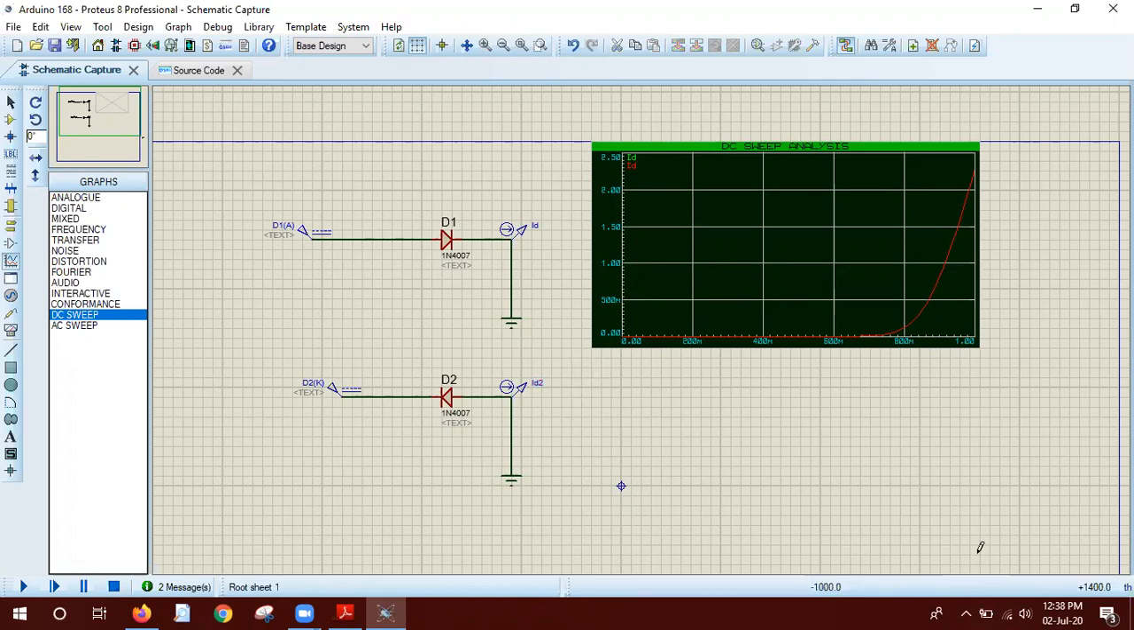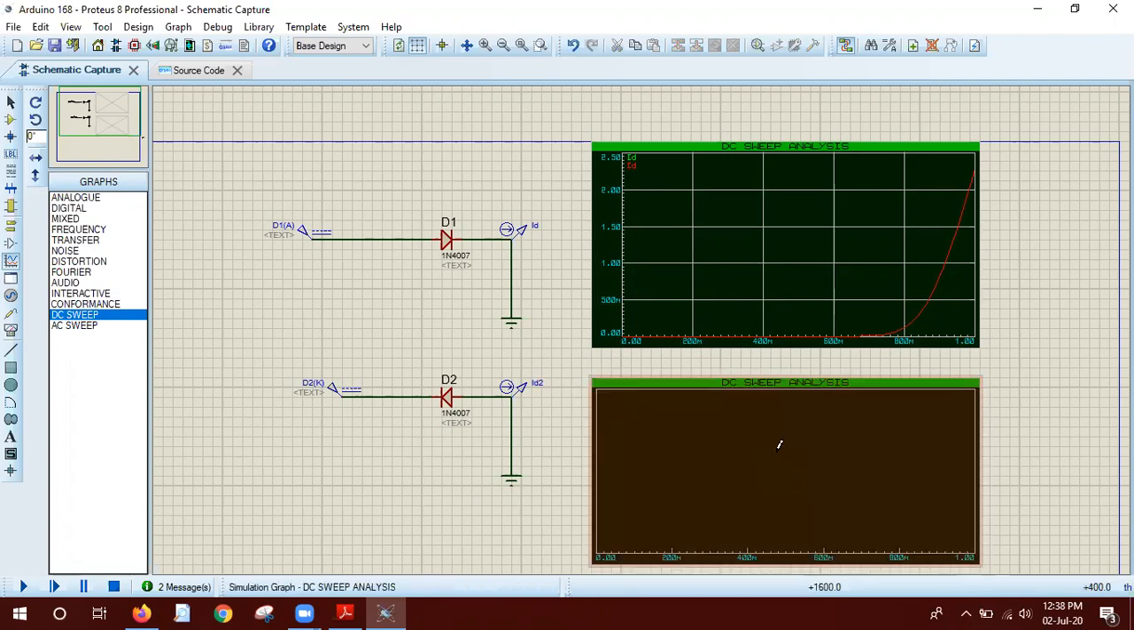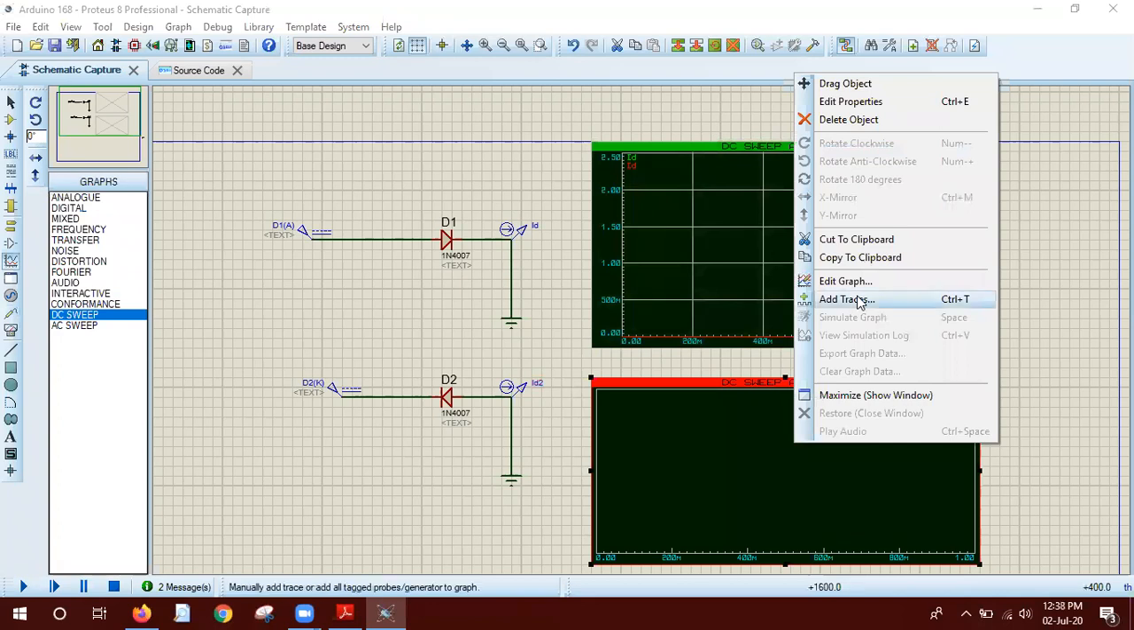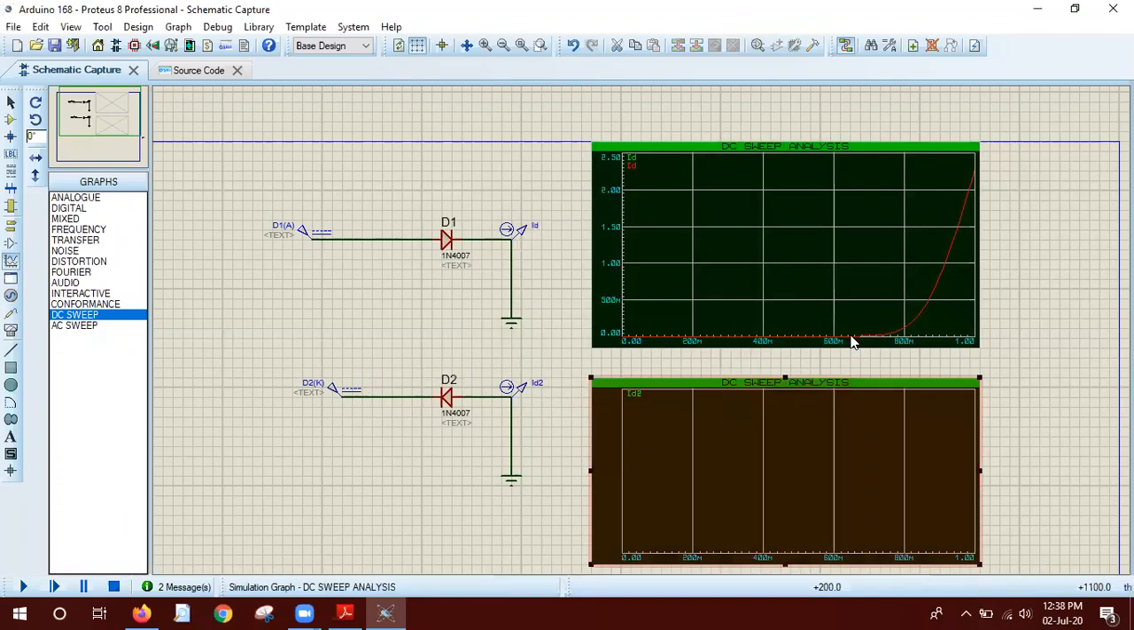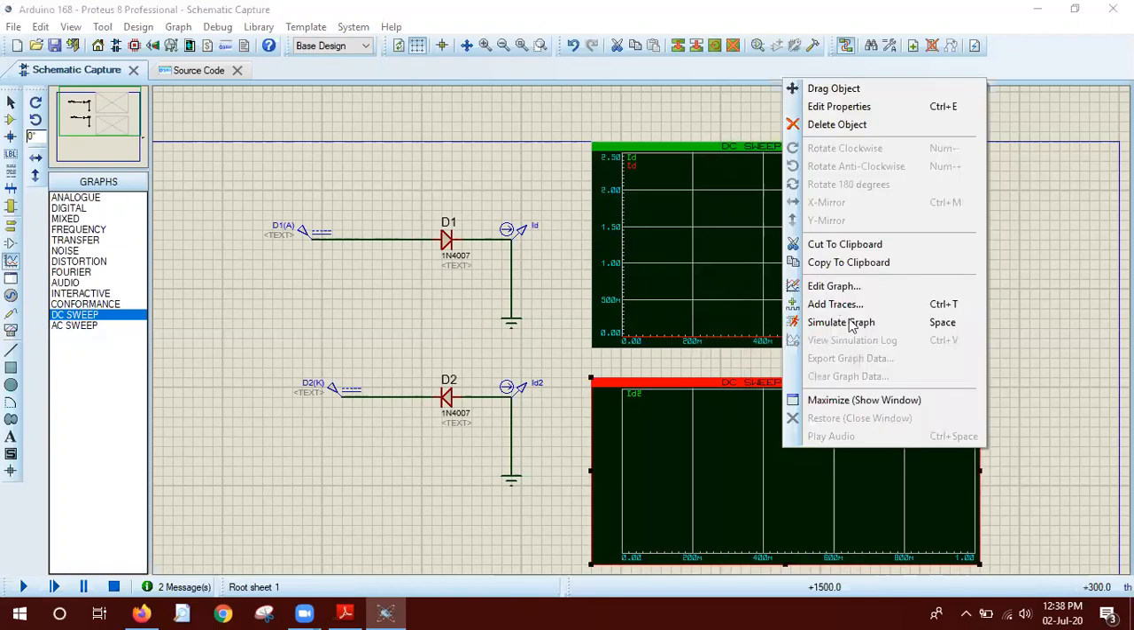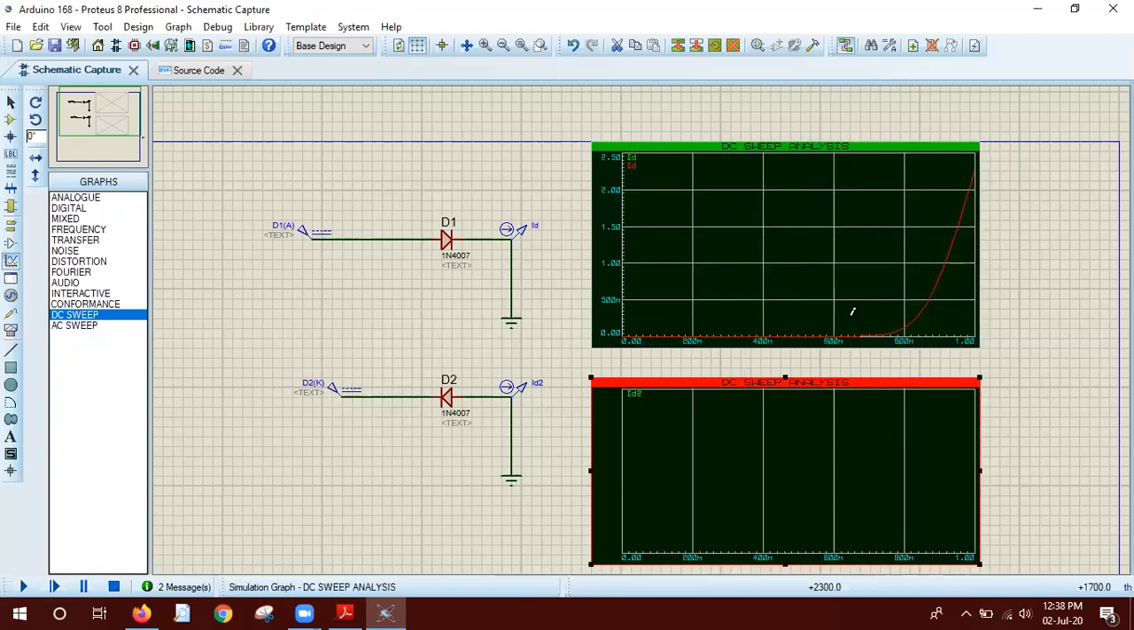Finally, place one more graph. You can see now we right click and go to add trace. We will add the probe we wanted to see. So we will add the ID2 because we wanted to see the ID2. Now it is finished. Now we go to simulate graph, and when you simulate the graph,